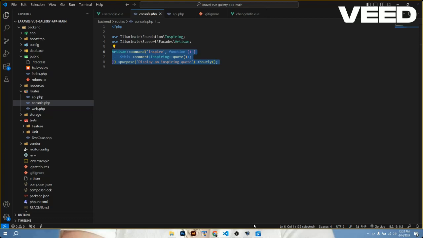Command execution: when executed, this command will output an inspiring quote to the console. For example, if you run php artisan inspire in the command line, it will print an inspiring quote fetched by the inspiring quote method.